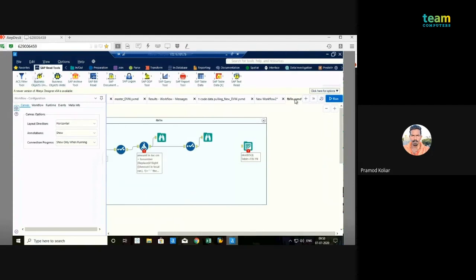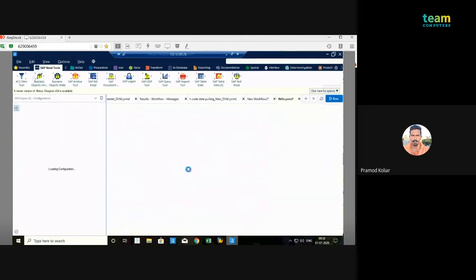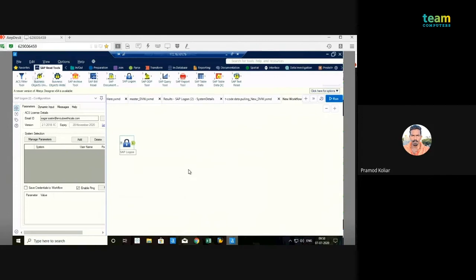Priya, I had a question. Let's suppose we have a data type: is it possible that Alteryx automatically recognizes the data type of the SAP system? For example, if I have BU date as invoice date, will it automatically recognize it as a date, or do we have to change it manually? If the data is in that form, it will, otherwise we have to change it using the select tool.